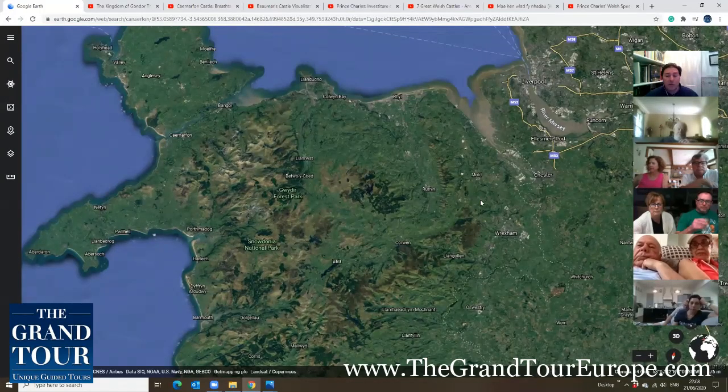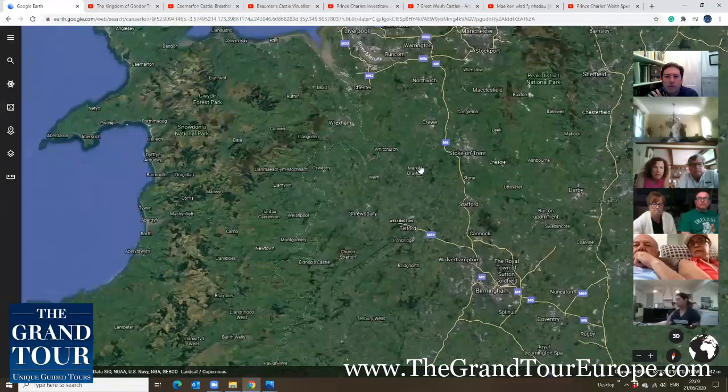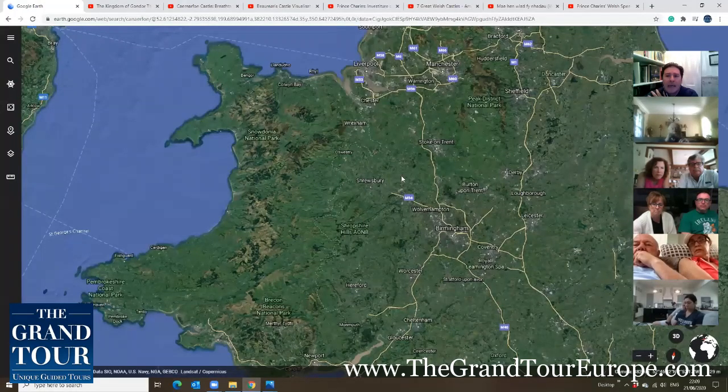And then after the Romans left, between the end of the 4th century AD and the 5th century AD, as the eastern part of the Roman Empire was under attack, the Romans basically started to leave the farthest part of the Roman Empire. After that, of course, the Welsh nation became independent again, divided into different territories, and the Normans in